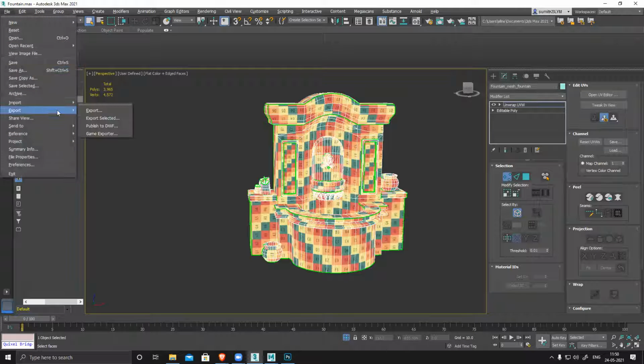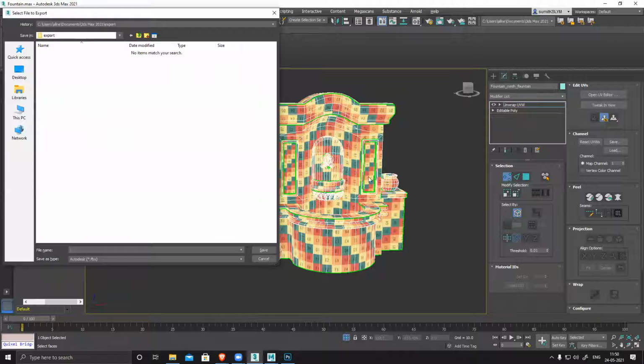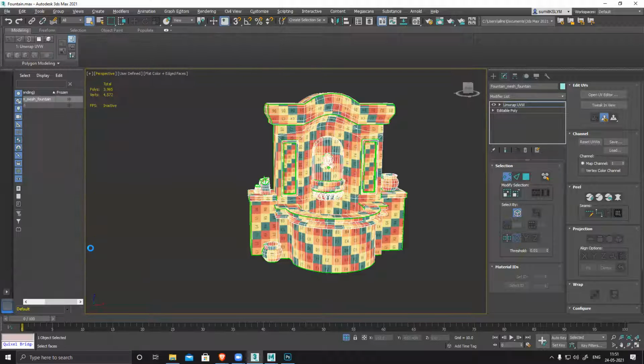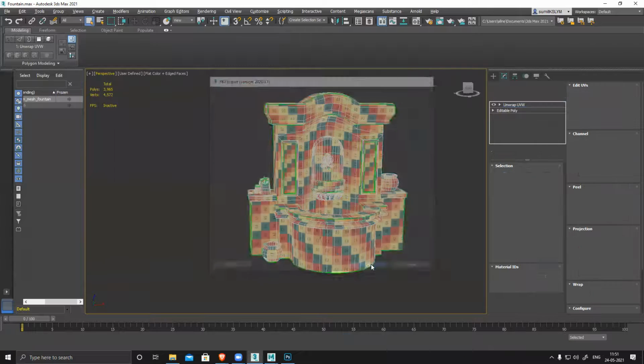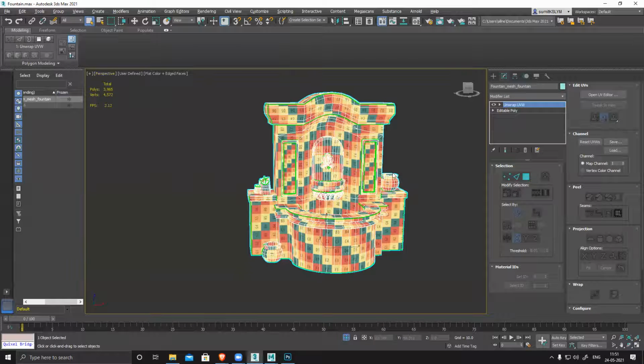So in Marmoset, super easy software. Select and only export the selected. Do not export the alpha part, because those are alpha planes. It will create a rectangular shadow, and it will create problems for you. So do not export that. Only and only the main building. Marmoset is super easy, very straightforward software. You can export into OBJ or FBX or any format.